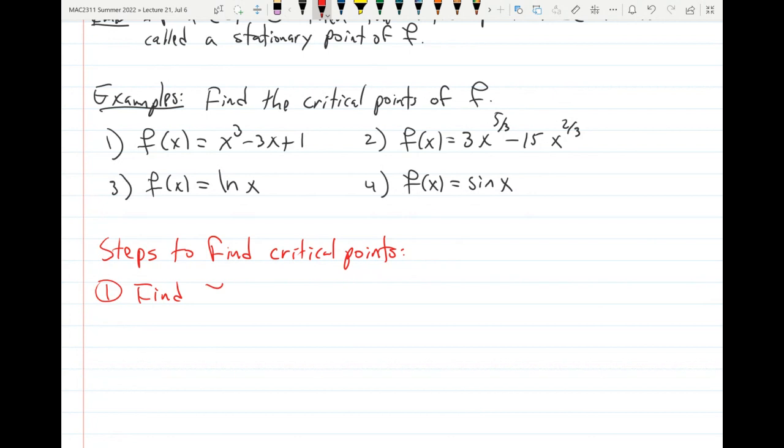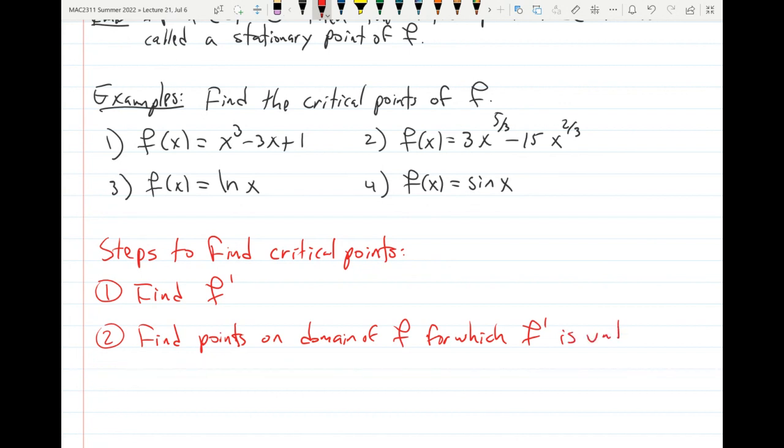So find f prime. Step number two. We graph it? No graph. No graphing here. Step number two: find points on the domain of f for which